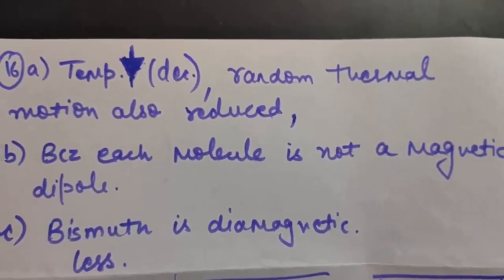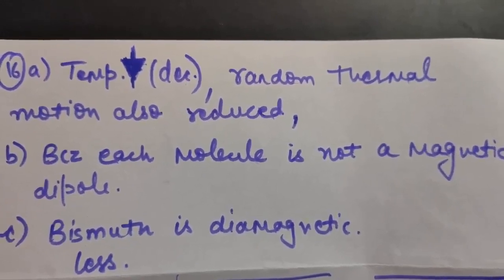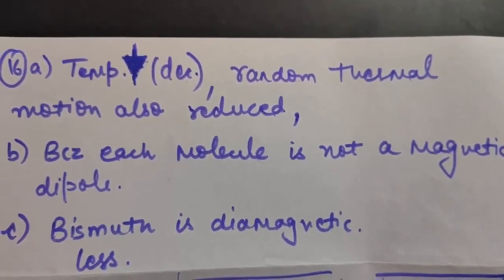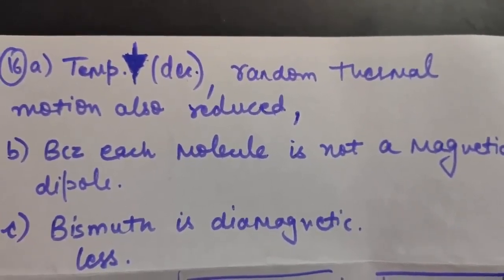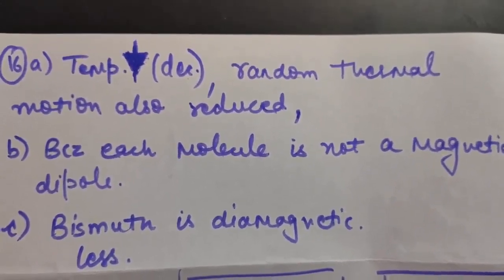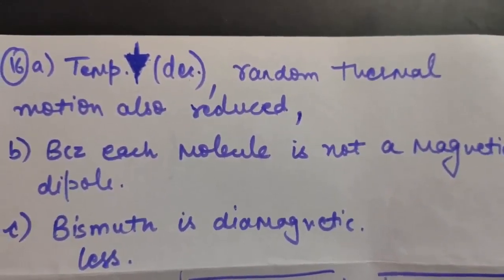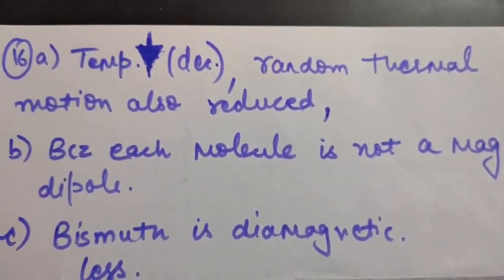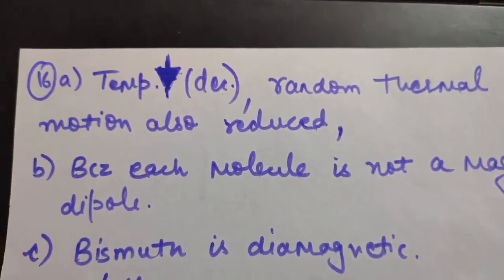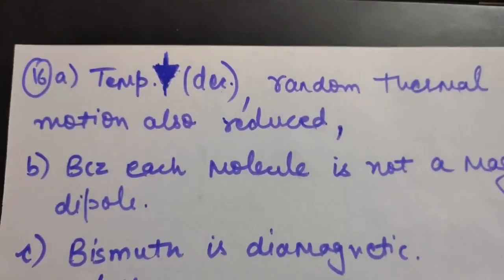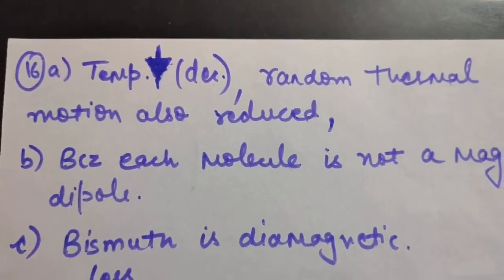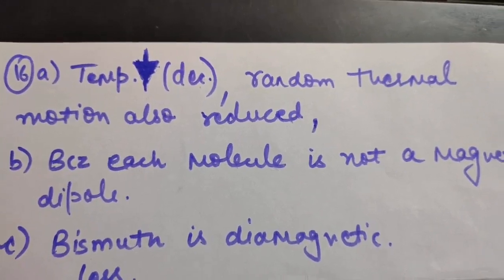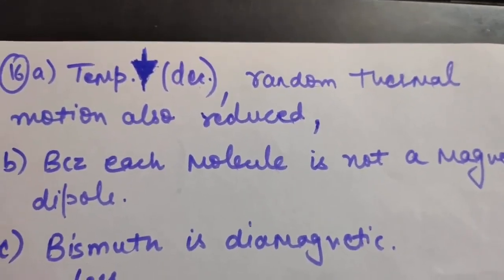Okay, so the next part says, magnetic field lines are always nearly normal to the surface of a ferromagnet at every point, and this fact is analogous to static electric field lines being normal to the surface of a conductor at every point. Why? Its answer would be because magnetic field lines bend more for a ferromagnetic material, so the angle will become almost 90 degrees. Suppose we had a paramagnetic material, in that the bending of magnetic field lines is not that much, so the angle will be less than 90 degrees.